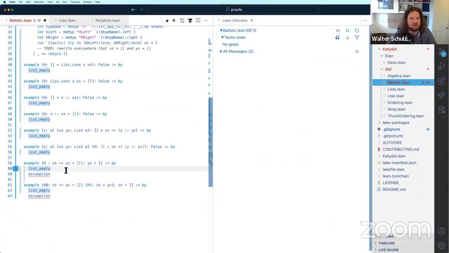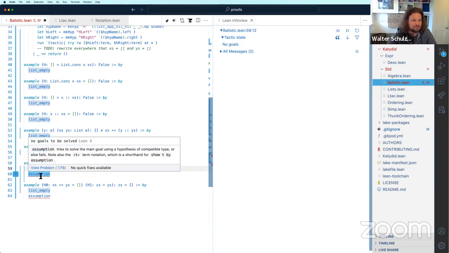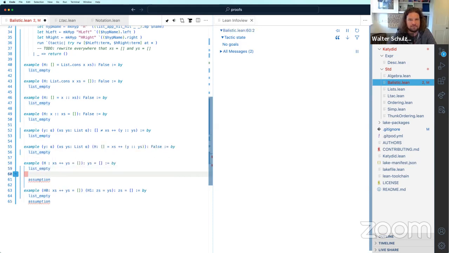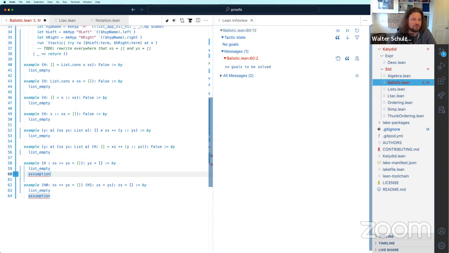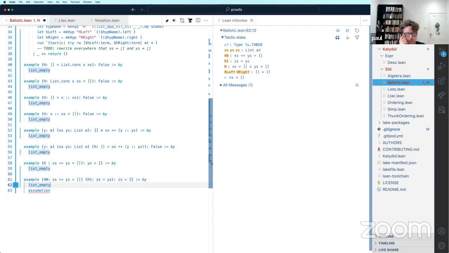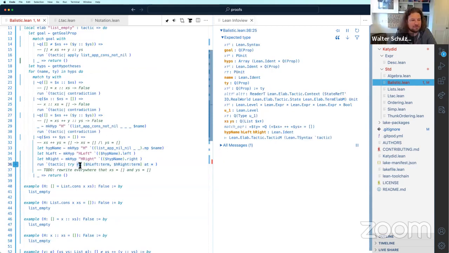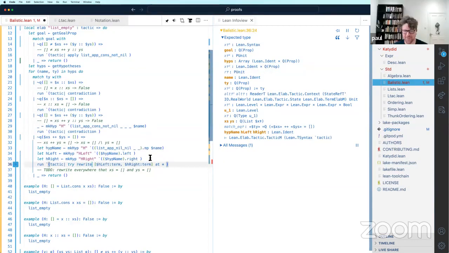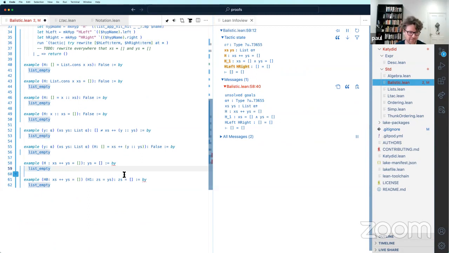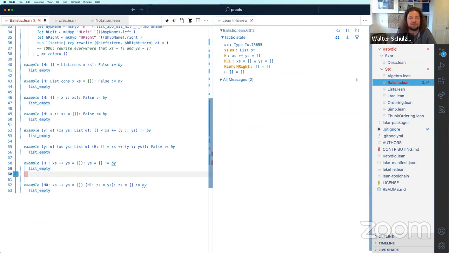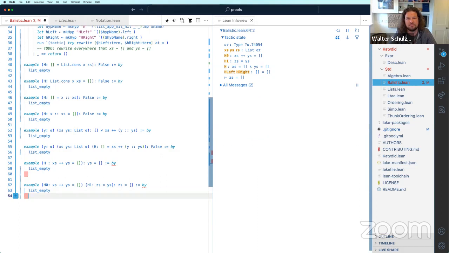Oh, it finished. No goals to be solved. Ah, okay, fine. But RW, that's fine. Took me a while to think what was going on with RW there. RW was too smart here and here.